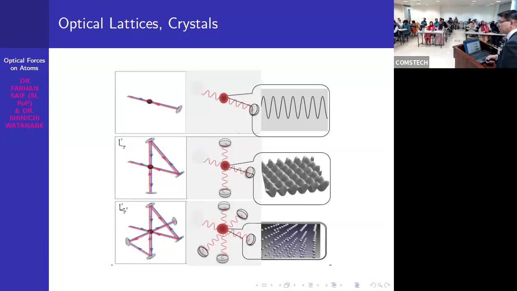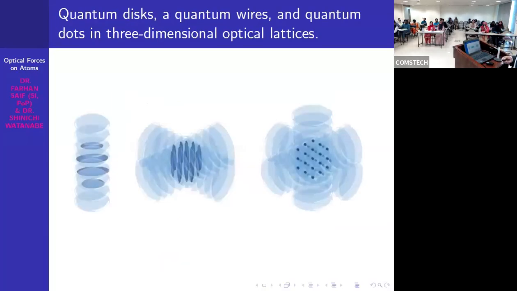So this is something which is quite useful. We shall see how it is useful, because now if we let these kinds of optical potentials meet our atoms, which are very cold, they will be seeing a newer kind of arrangement, because the interaction of these cold atoms with these different optical arrangements makes something newer